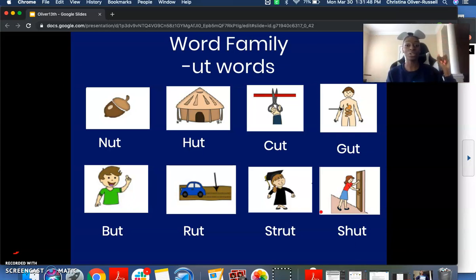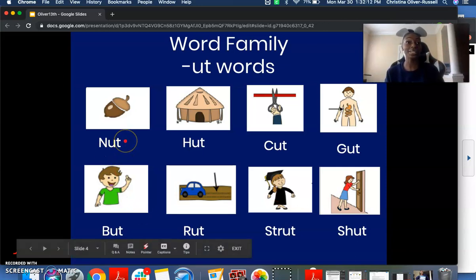One more time. We know the U makes the what sound? It makes the u sound. We know the T makes the what sound? The t sound. You put those two sounds together, what sound does it make? Awesome job. It makes the ut sound. So words that have ut in it are words like nuts, words like hut,